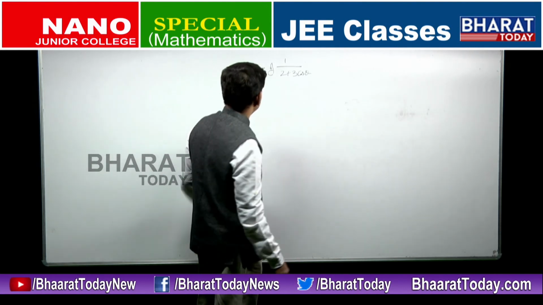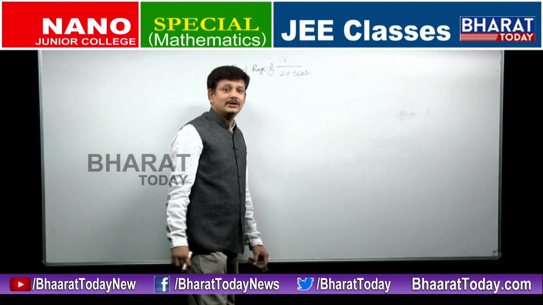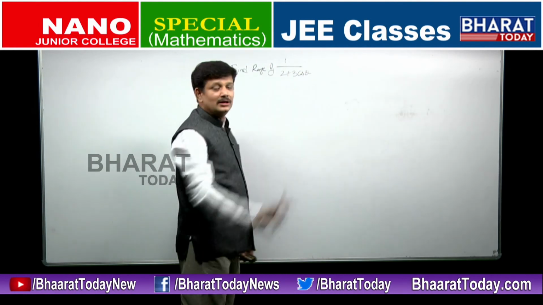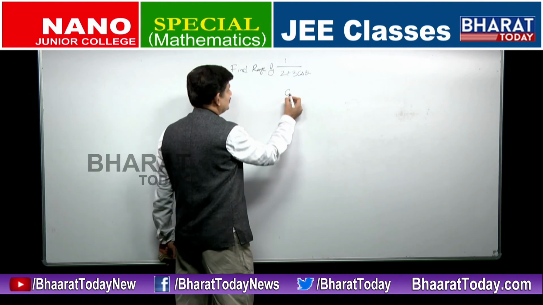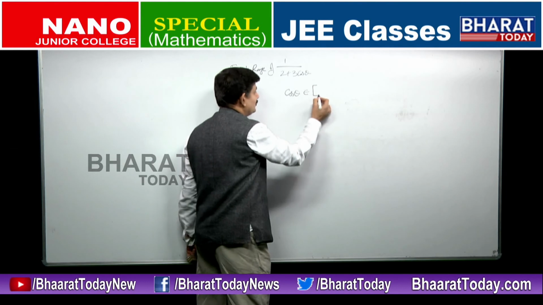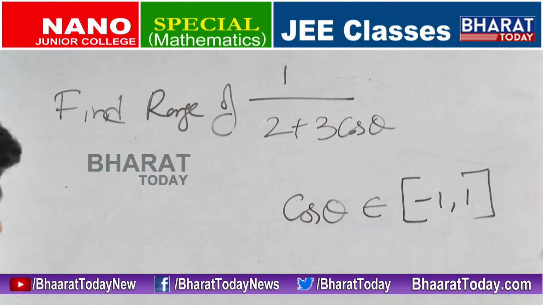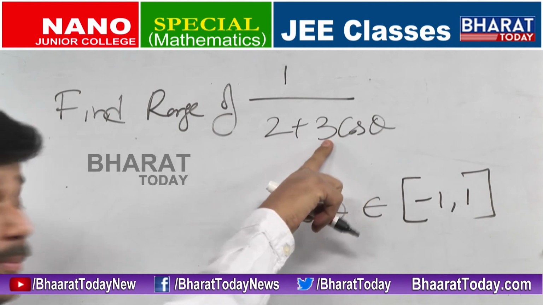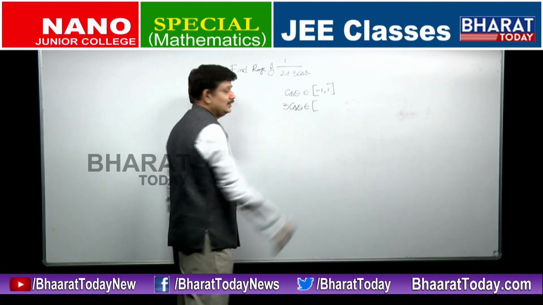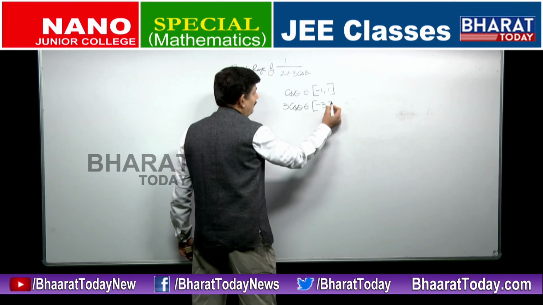You need not be focusing very much on the terminology now. Wherever it is important, I will tell that to you. So what we need to focus is on these particular values. So where to start? From the roots. Cos theta, what all values will it take? Minus 1 to 1. On this, what we need to do next? Multiply by 3. 3 cos theta will take values from where to where? Multiplying by a positive number, so happily you can multiply: minus 3 to 3.